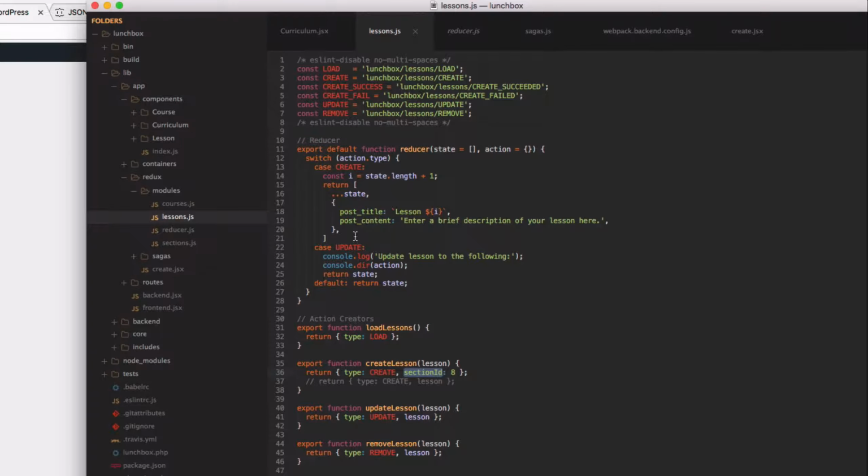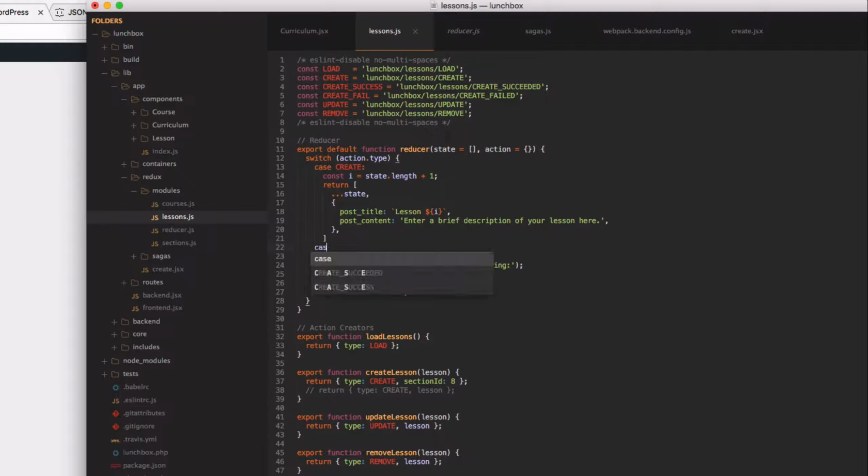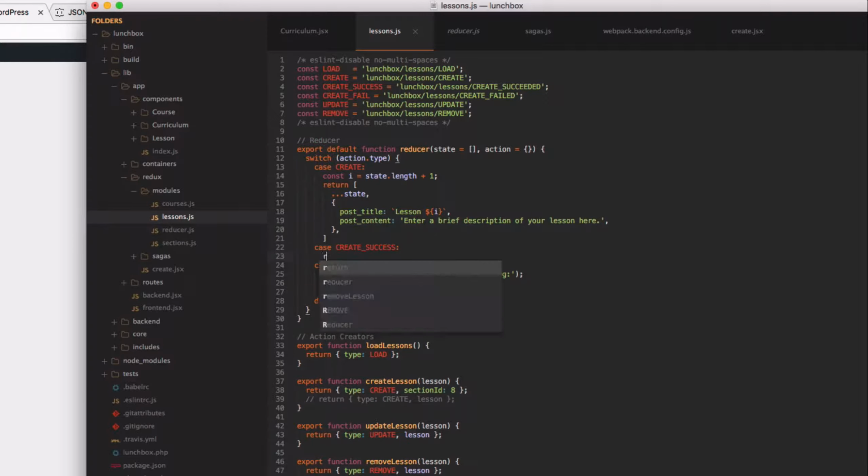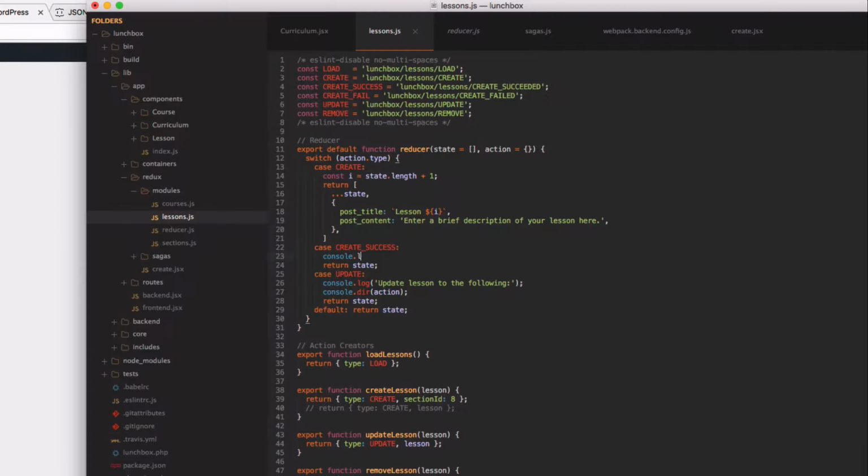All right, so now we want to make sure the reducer is set up to handle the success or failed actions that we're dispatching inside of our saga. So I'm going to go to our lesson reducer and make sure that we handle the case for create success or succeeded, and the other one should also be implemented as well, but just for brevity we will just talk about this one here. So for this instance, a case create success, we'll just return state here, but obviously you would want to modify it, and we will console log